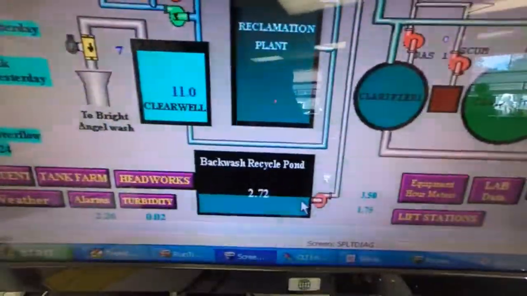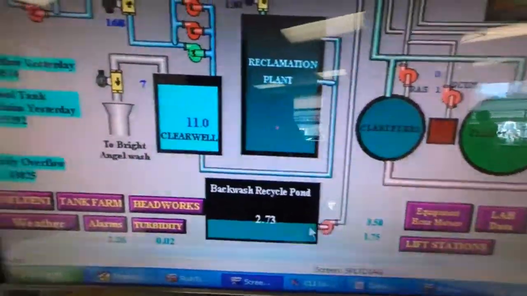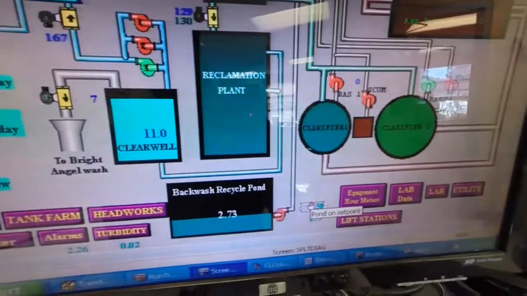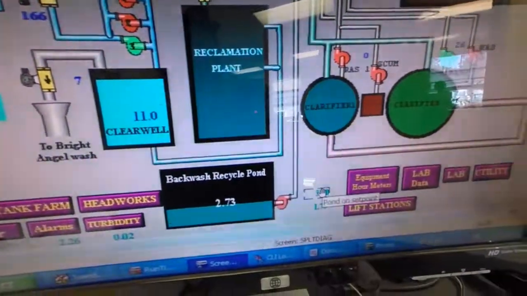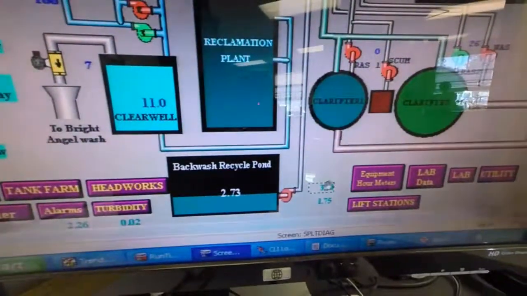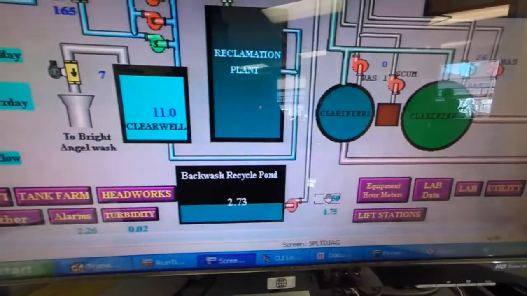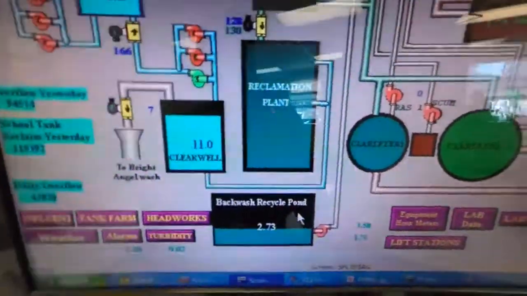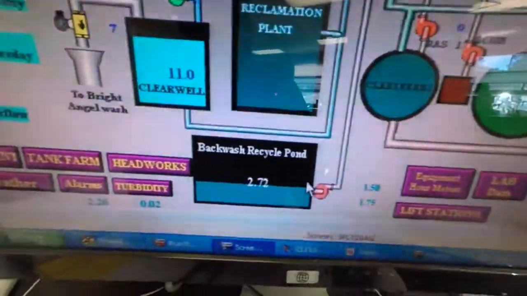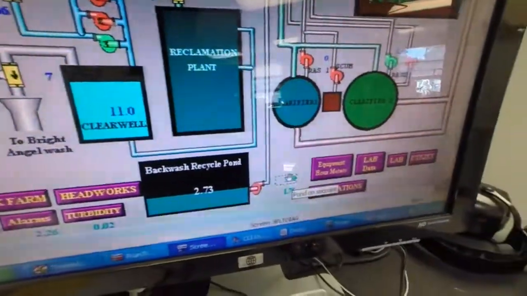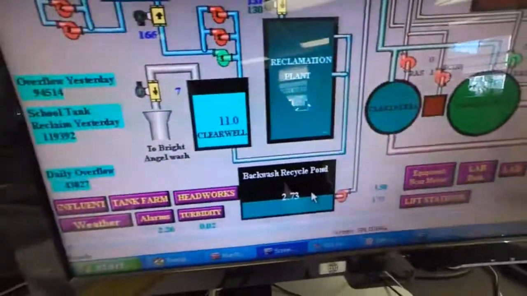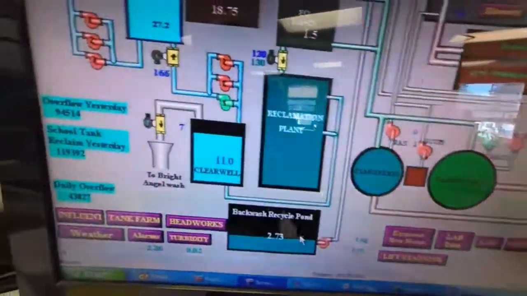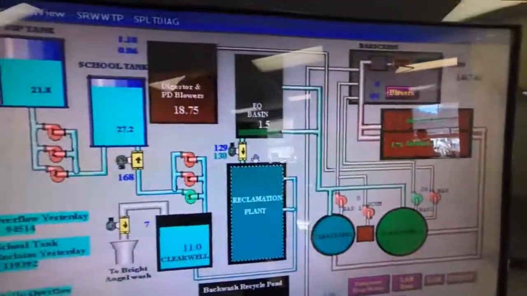It is programmed to where you can actually set this to where it'll automatically come on by itself, but there's a few reasons why we don't have it set up that way. It's best if the operator has the control over whether or not to decide when to turn this on, which I'll explain later. So a couple of things to consider before draining this pond is you want to check your